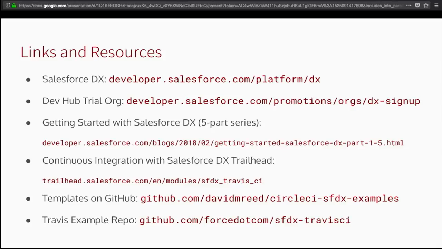And we have one more from Scott. So there are 3 different forms of authentication for DX. There's the web login, there's the JWT version, and there's also this Salesforce DX URL. I found the JWT login to be very cumbersome to actually pull off, especially with creating certifications and then doing it for every single sandbox. The method that we came up with was to take that Salesforce DX URL, encrypt it, push it to the repo, and then have the CI process decrypt the URL and authenticate that way. Have you tried out this approach? And if so, what are the disadvantages compared to the JWT version that you list here?